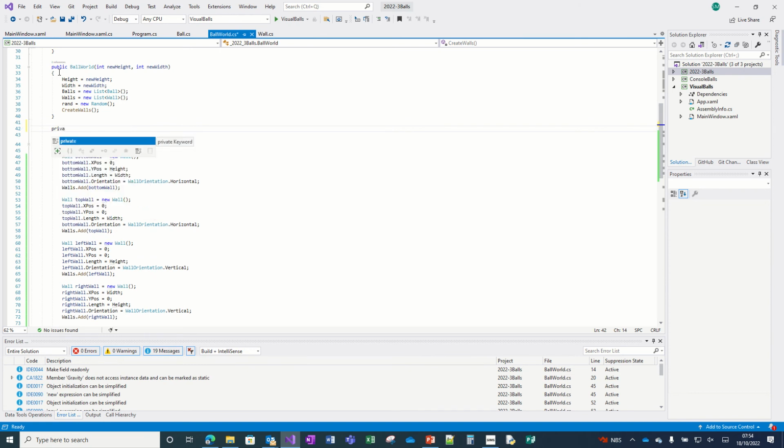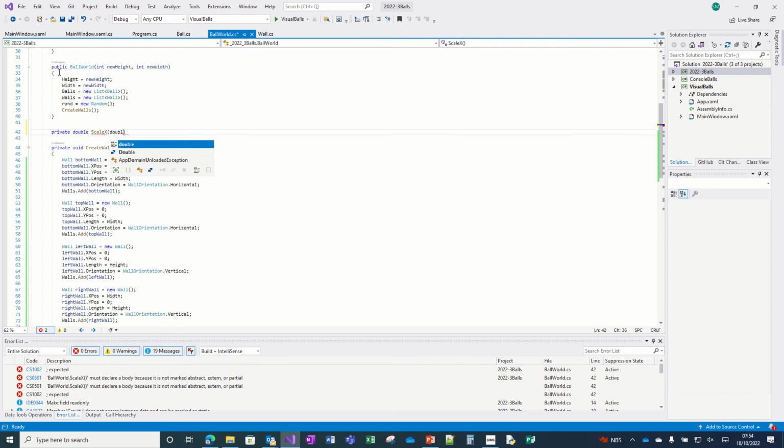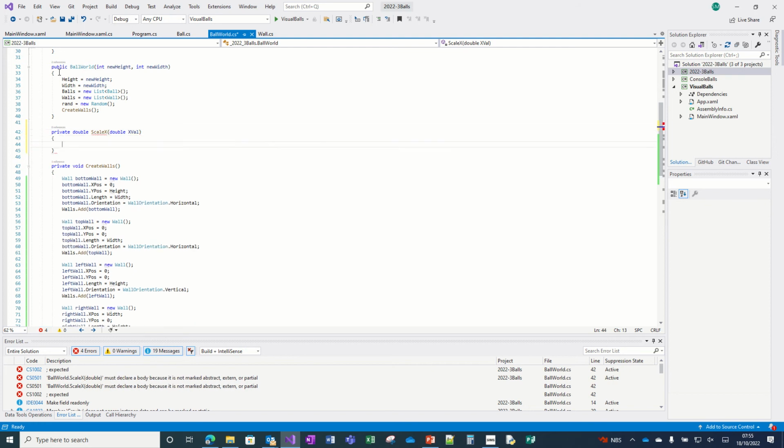So private double, let's call this scale X. What that's going to do is take an X base value, and it is going to return